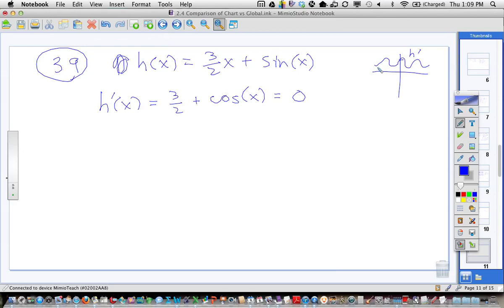And not only that, if h prime is always above the x-axis, think back to chapter 1. That means it's always positive, right? What's that mean if h prime is always positive? H is only increasing. So that means h has got to be doing that. Well, you know, it might be curved, but if h is always increasing,